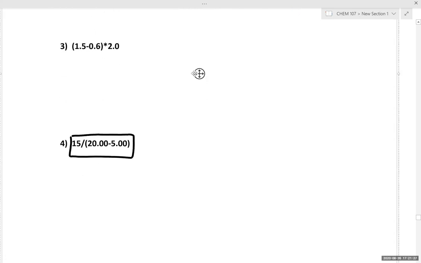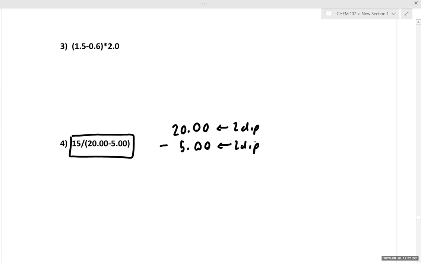So let's look at this example in detail. We have 15 divided by 20.00 minus 5.00. We deal with the operation in parentheses first. So we're subtracting 20.00 minus 5.00. For subtraction, we care about decimal places. We have 2 decimal places for each of our numbers. That in turn gives us